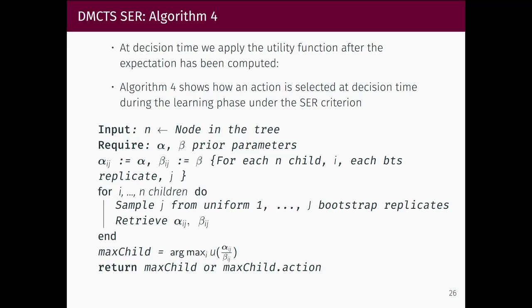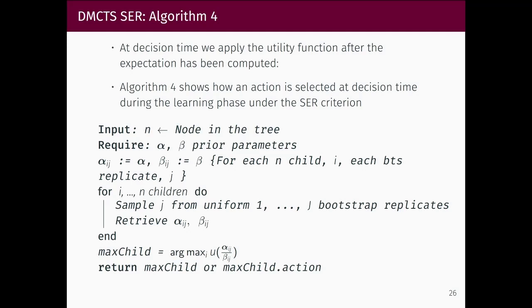And we can see from algorithm 4 that's what we use, and you can see there the max child is equal to argmax i of u of alpha ij divided by beta ij, and that alone satisfies the SER criterion. So you can see how with a very small change we can do both SER and ESR, which is really novel and really great to be able to switch between the two, and we can do both linear and